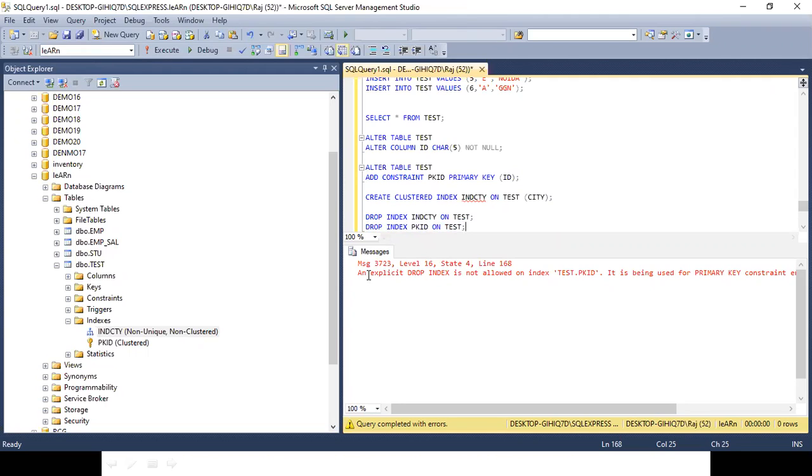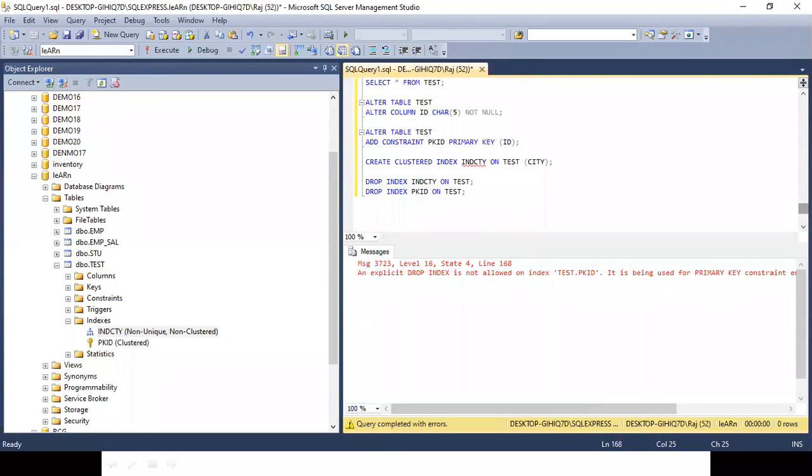Now see, an explicit drop index is not allowed on test.py. It has been used for the primary key constraint enforcement. So it is not allowing us to drop the clustered index on the primary key, right?